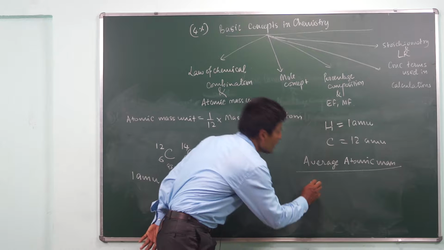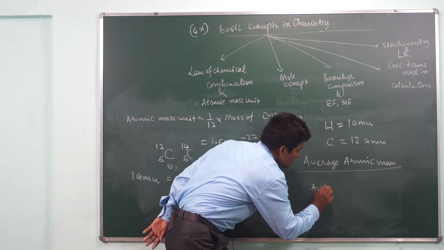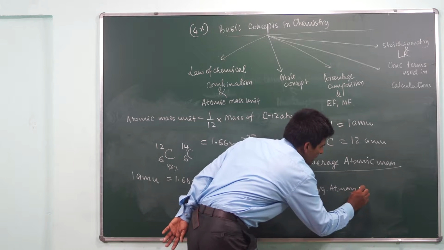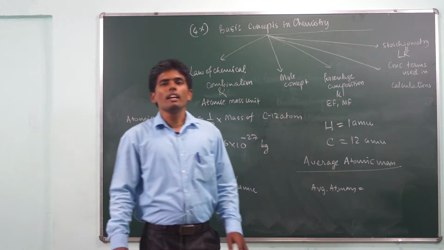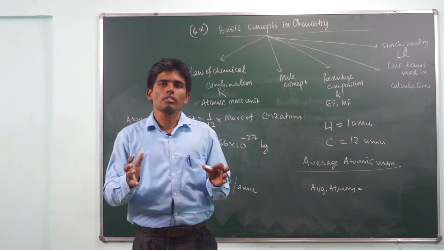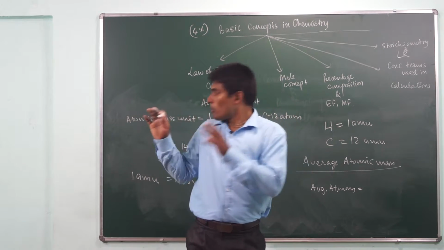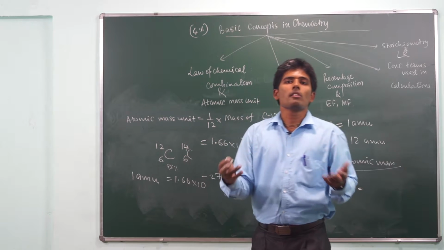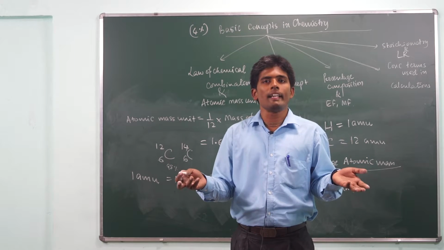How do we define average atomic mass? Average atomic mass is simply an average of the product of the atomic mass of each isotope and their percentage availability in the